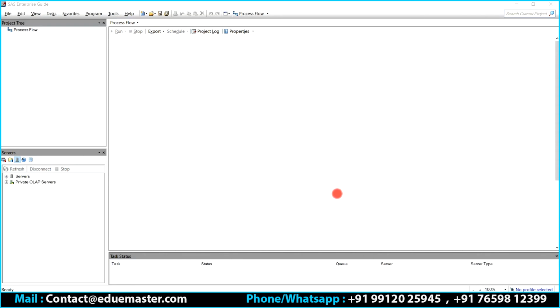Sometimes you may tend to work on more than one server in Linux. That is called a grid environment. So I won't go too much into that at this particular point of time, because some of you might not be familiar with what this grid is and how it is maintained.